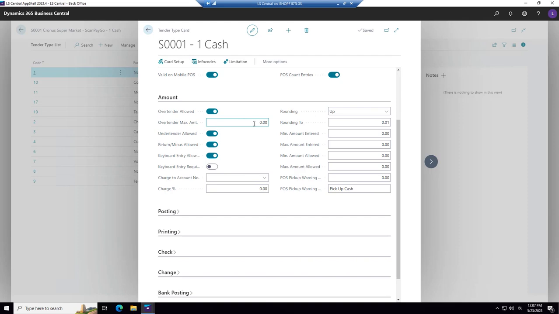And it's even possible to have an over tender max amount. How much can you over tender? Is this payment allowed for returns? Yes or no? Of course, usually returns are done with vouchers. And then you have different options. Here you have the rounding, and are you rounding up, down, or to the nearest? Or non-rounding. So there are different things here you can set up per tender.